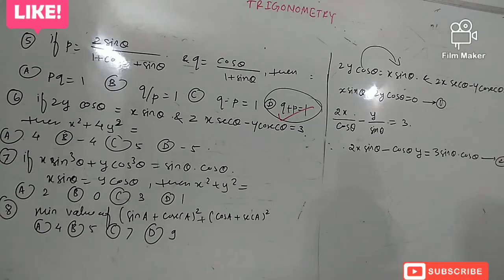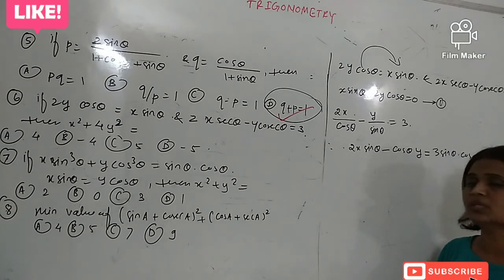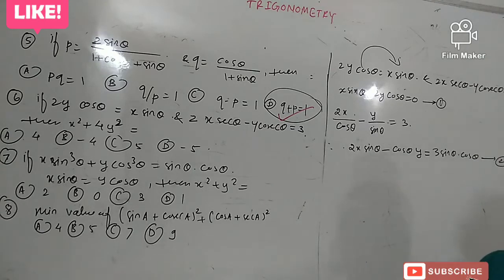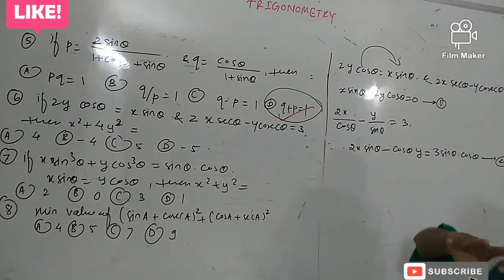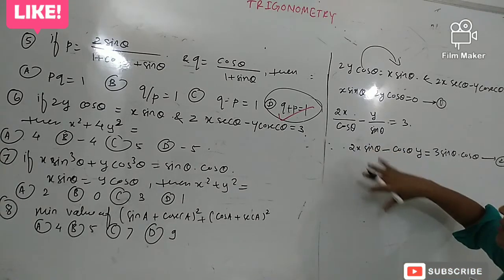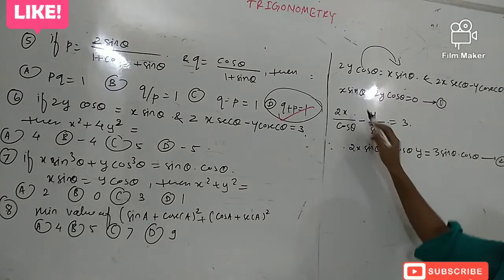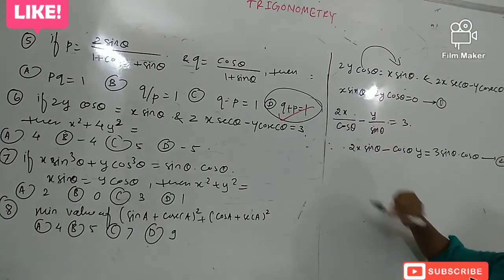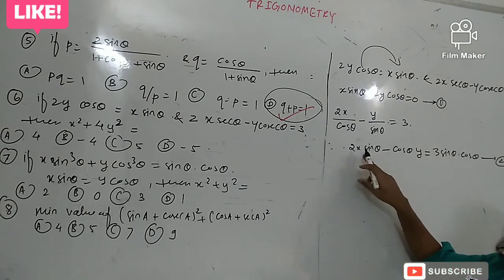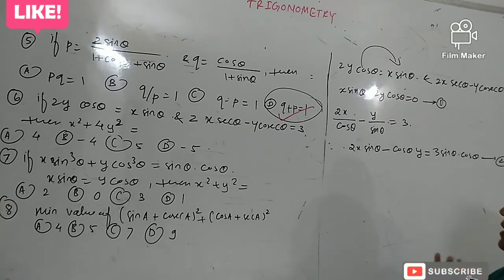Okay. So in the 10th standard we studied linear equations in two variables. In that lesson we studied how to solve linear equations. Okay. So there is a simultaneous method to solve any two linear equations, and in the simultaneous method we make one of the coefficients equal, x coefficient or y coefficient. So I am making the x coefficient equal here. In equation 1 the x coefficient is sine theta, and in equation 2 the x coefficient is 2 sine theta. So just make it equal.